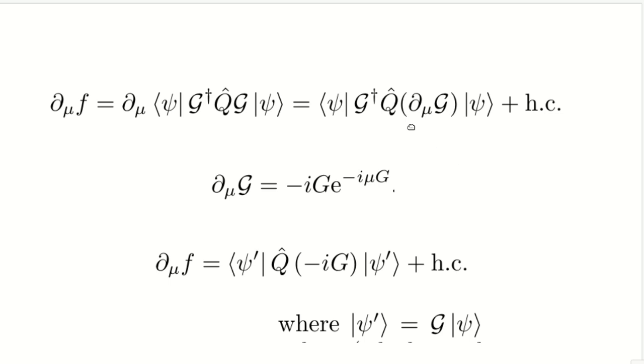Now because this G is a single parameter unitary gate, this G can be represented as the exponential of some Hermitian operator, which I am representing as this capital G, and which is parameterized by some mu. Now if I take the partial derivative of that single parameter gate, this minus i times G will come down, that is what I have mentioned here, and you will be left with this term. And if I replace this partial derivative in this equation, I'll be left with this expression again.